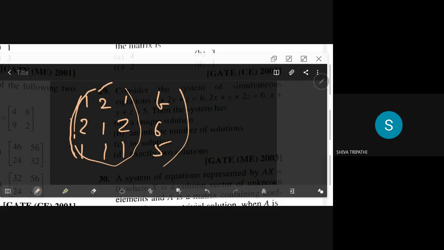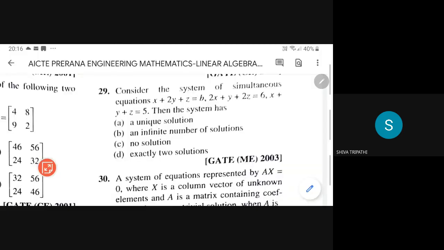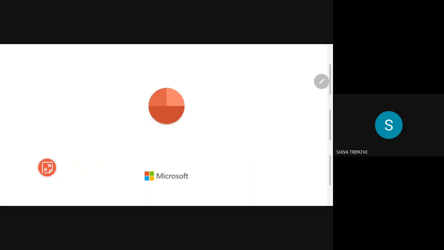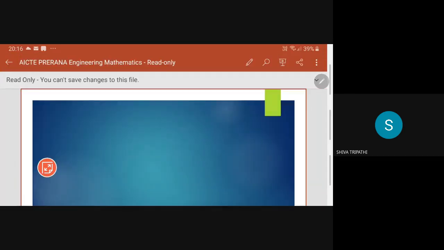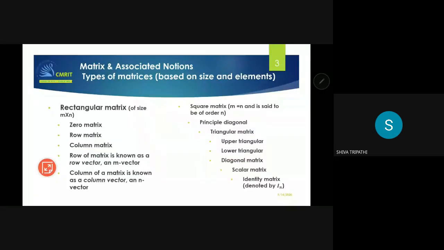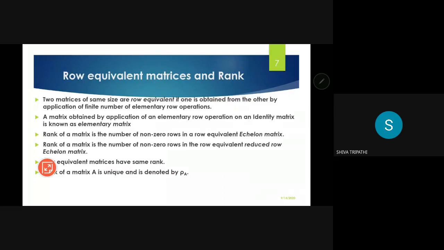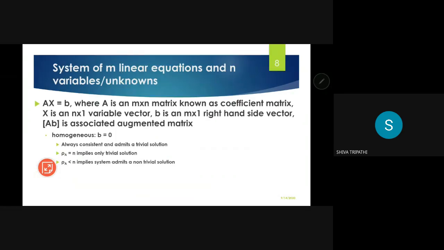You can talk about a symmetric matrix when you are dealing with eigenvalues and eigenvectors only. Here you are not talking about that. We are talking about the consistency of the system here. Look at the third slide, I think. Slow network, so that's a problem. Yeah, this one. Next slide we have to see.